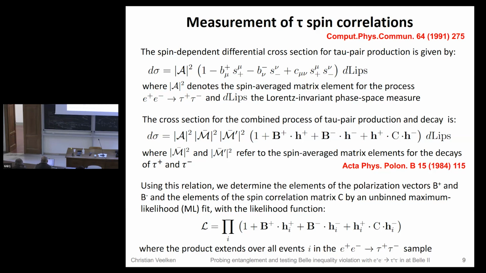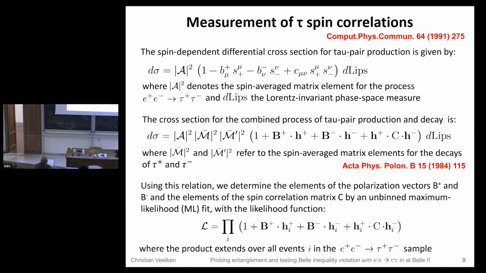I should add that this likelihood function, because the matrix C depends on the scattering angle, as it stands would be only valid if we would do the measurement in bins of the scattering angle. Then this is a constant, and in the standard model, you expect this and this to be 0. We checked with our Monte Carlo simulation that this likelihood fit yields an unbiased measurement of the matrix C, also for the case where we integrate over angles in the scattering plane. So we can do this over ranges in the cos theta angle.